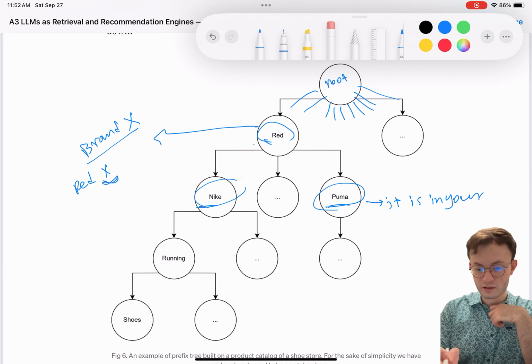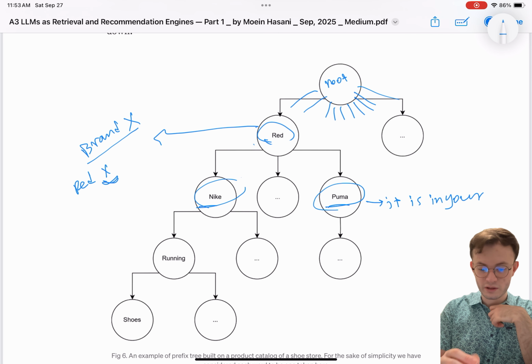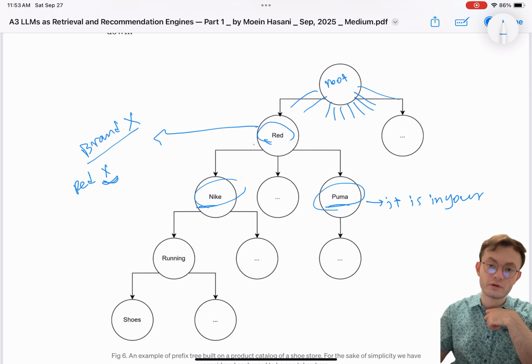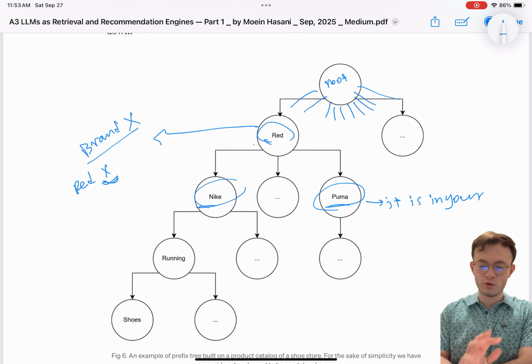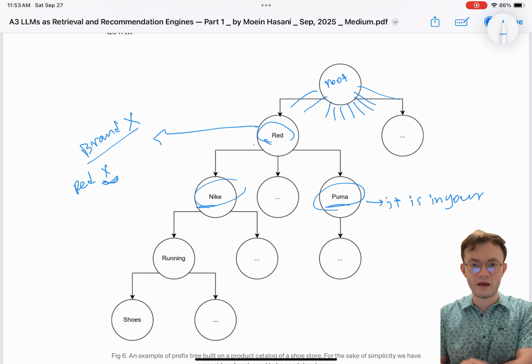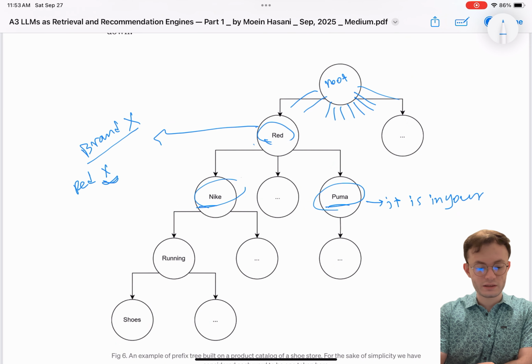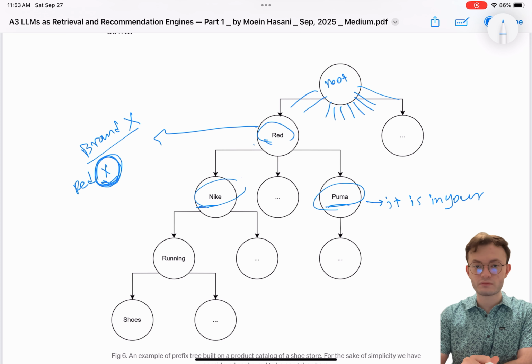Because the only possible tokens, or here for simplicity, only possible words that can come after red are Nike, Puma, or other words that we have allowed the LLM to select from. But when I want to say red X, the X is not even possible to select from. So the LLM doesn't even consider it.